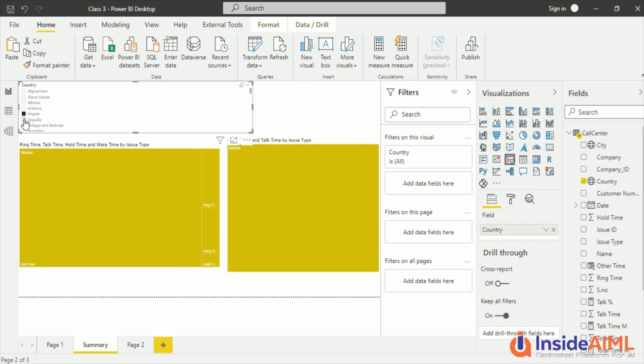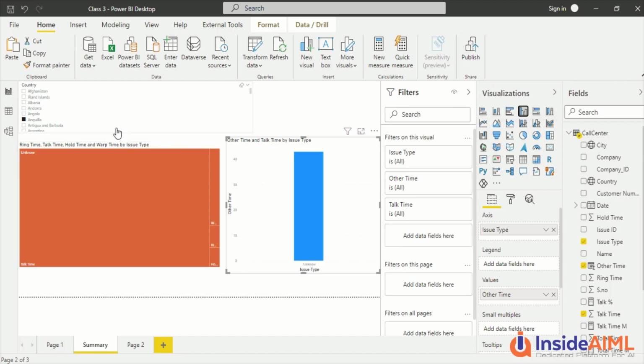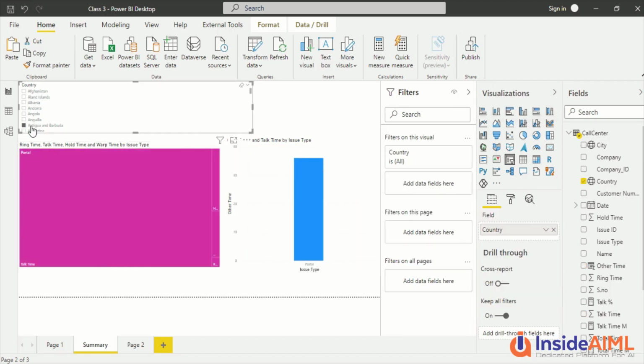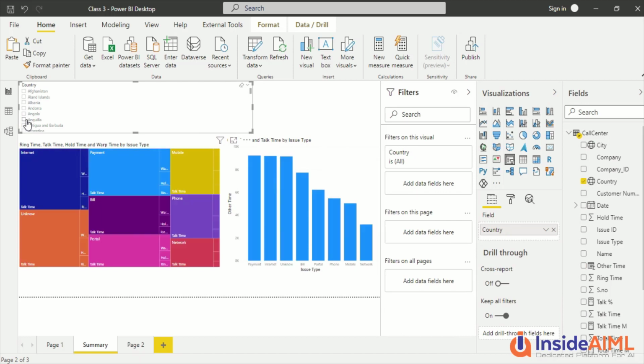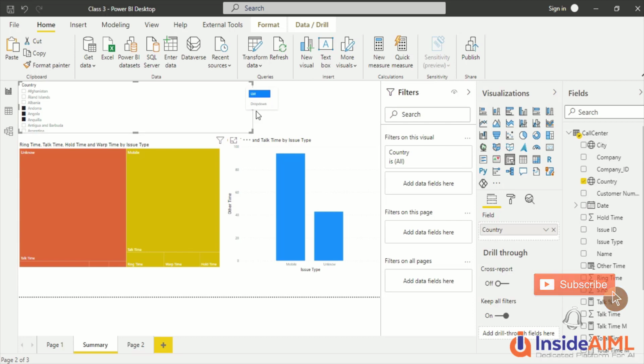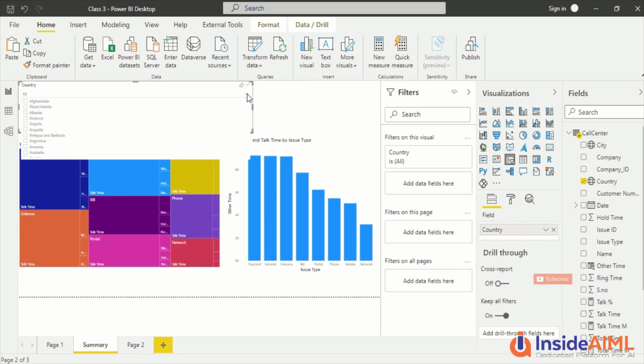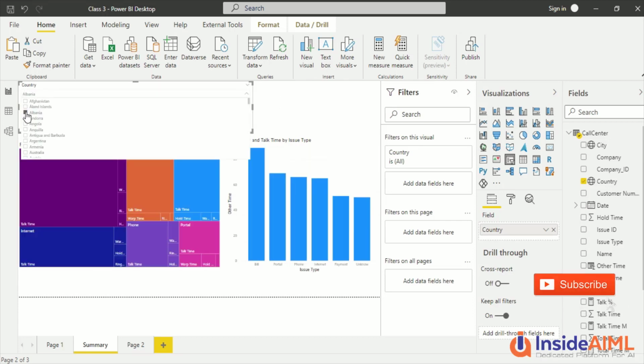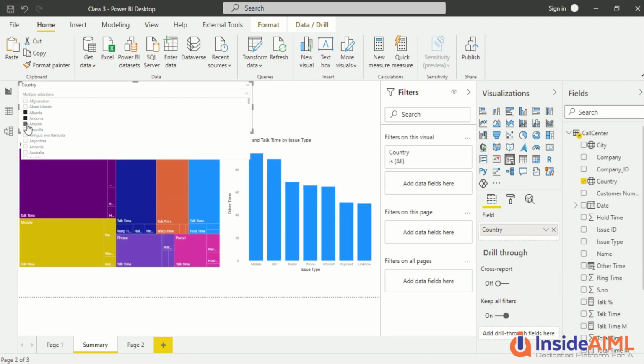Now, unlike when we clicked on the other visuals, you might have seen that there was a fill effect. Slicer is filtering basically. Okay, so go to filter and let me make one of the visuals, let's say, a bar visual or something like that. And this country only has one kind of issue types and all those, and I can uncheck this. And if I want to select by default, I can select by pressing control. And now there are different kinds of options which are available, which we will explore: list or drop down. So right now it is list. I can make it a drop down also. Okay, then I can select this, and with control I can multi select. There is an option to change multi select from control to simple click, that we can do.